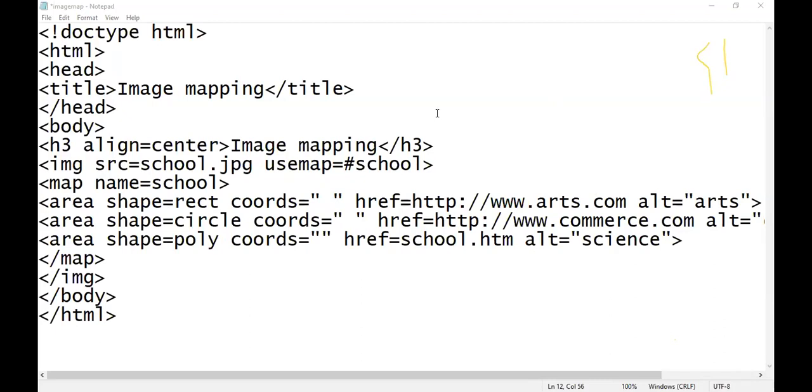Now we have to find the coordinates for the rectangle, and this is the very important thing, how we can find coordinates, because most of the students are forgetting how we can find the coordinates, how we can open the image in paintbrush, how we can skew the image, means how we can reduce the size of the image. They're forgetting all this. So just concentrate here on how we can find the coordinates and skew the image. Okay, so just for a second, I stop the share and will go to the paintbrush.